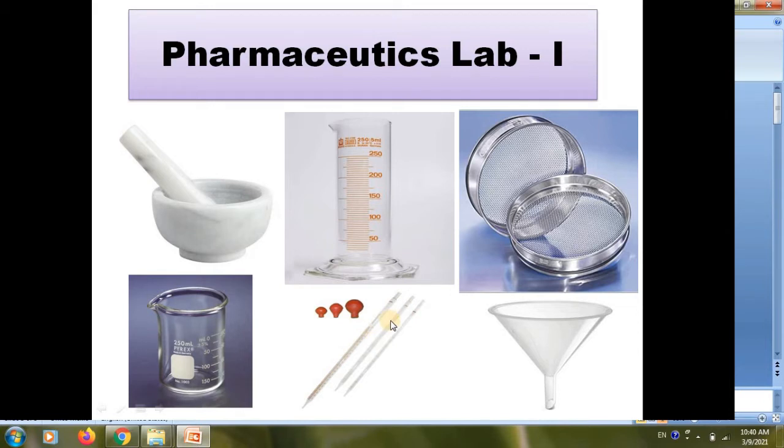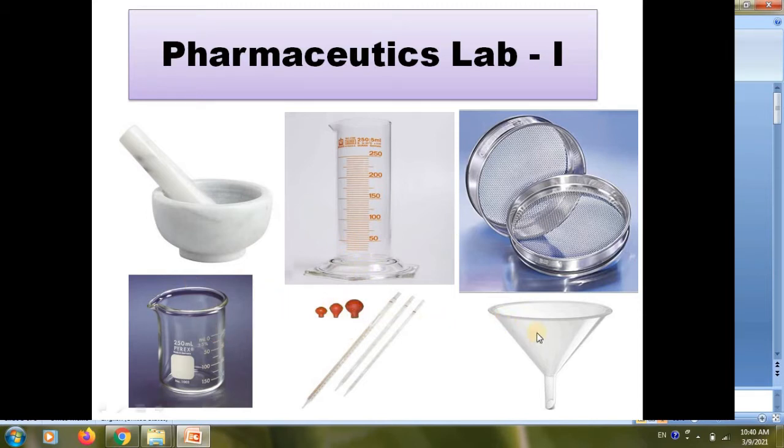One will be your solvent, might be your alcohol. Then some ingredients in liquid form, of which you have to take 1 ml, 0.1 ml, 2 ml, 3 ml. How can we measure such a small volume? We can use this pipette. So you are required to utilize this pipette. I hope you know how to use the pipette. If anyone doesn't know, I will give a demonstration on the day of your practical. So this is the pipette you will require.